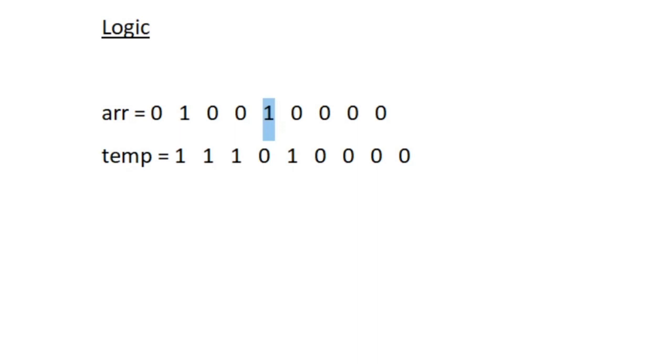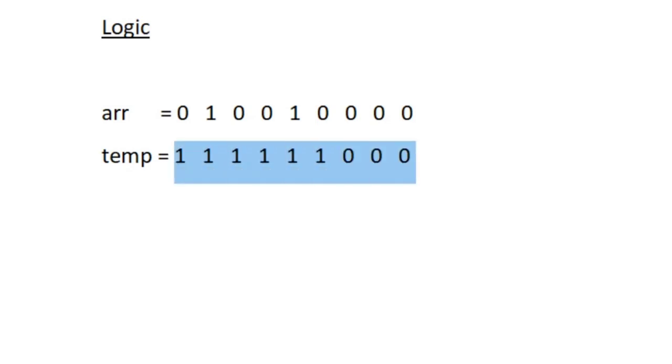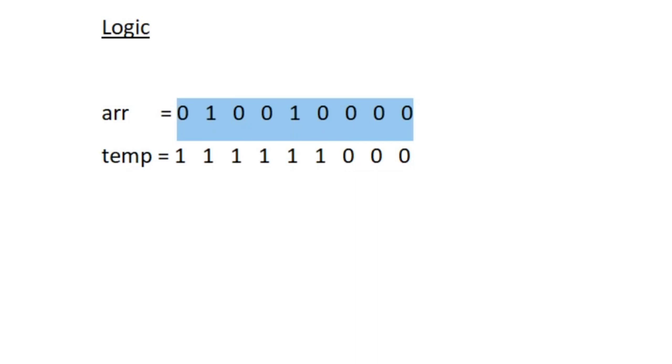And now the fifth integer is also 1. So it can update the fourth and sixth integer to 1. So again we won't be updating it in our ARR. We will be updating it in temp. So in the first iteration, this is how our array would be looking like. So after an iteration, what we will be doing is we will be copying the temporary array and pasting it into our original array ARR. That is, ARR will be replaced with temp. So I am copying the temp and pasting it into ARR.